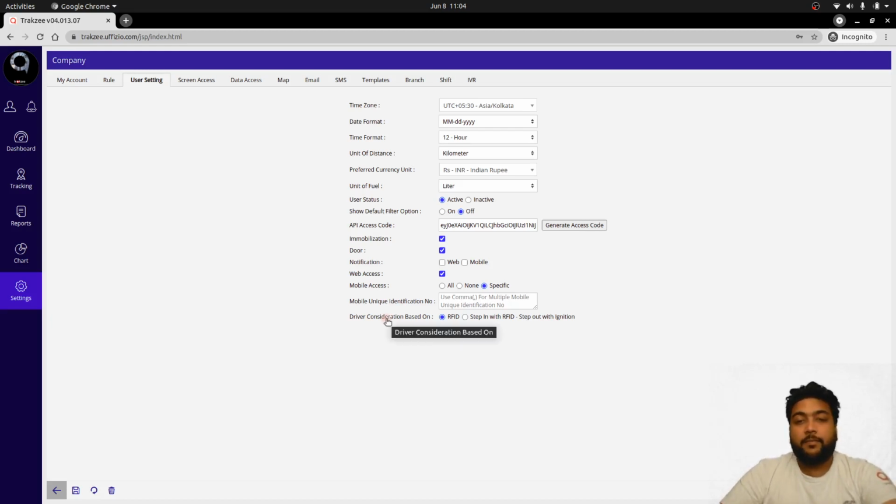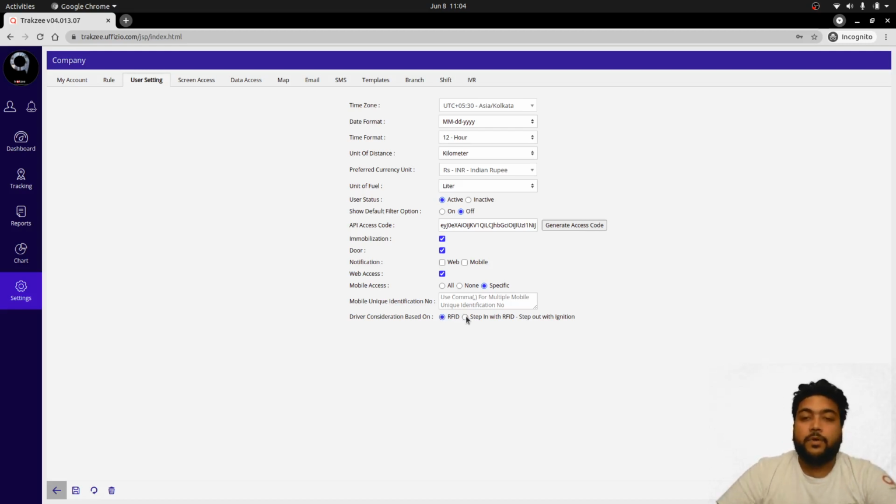Let's check another parameter, that is driver consideration based on step in with RFID, step out with ignition. In the software, the drivers are considered with the step in, step out information. We have two different options. If the step in RFID is scanned on the RFID reader, then based on that, the system will consider the driver step in information and step out information.